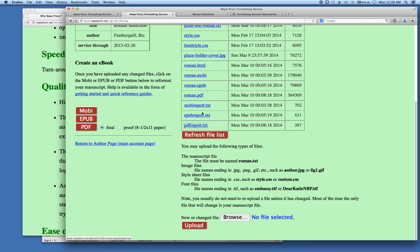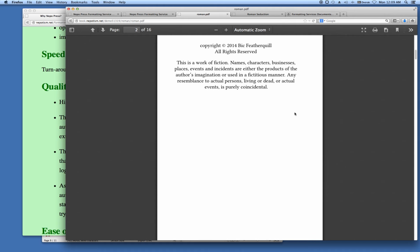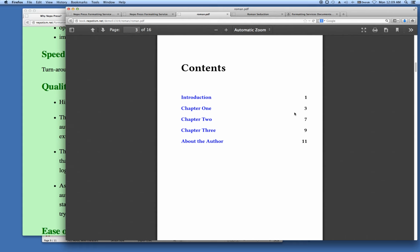You can download this PDF file to your computer and view it on your computer, and that's the best way to do it. We'll take a quick look here in the web browser. But the web browser, at least on this web browser, is not set up to show two pages side by side. Open link in new tab. Here's the PDF. So it's not going to show two pages, but this is designed to be printed as a book, two-sided. There's the title page that's created automatically. There's the copyright page, the contents page,